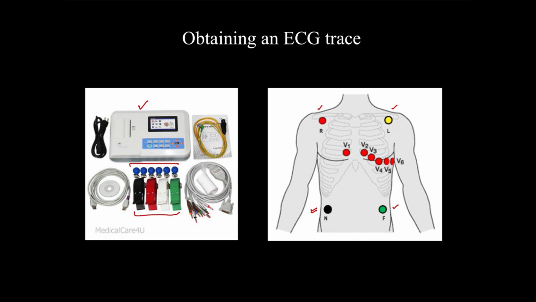The individual chest leads are named from V1 to V6. The position of the V1 chest lead is the 4th intercostal space, parasternally on the right side of the patient's sternum. This is the breastbone. Just on the right side in the 4th intercostal space is the position for V1.